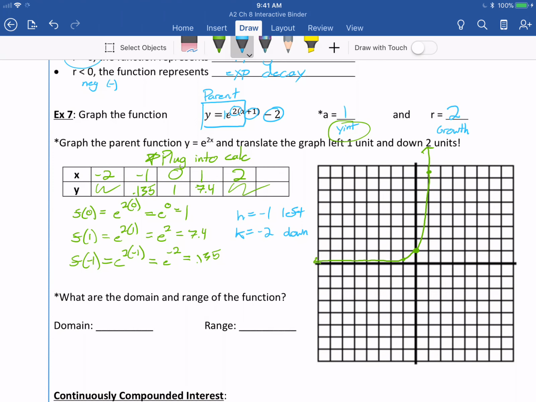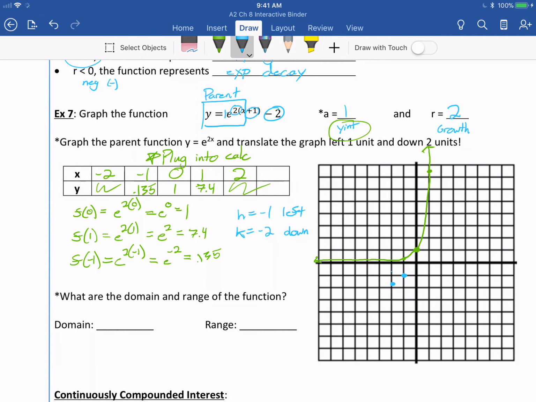Now I just take every point and move it left 1 and down 2. So do your best here. I've got to move left 1, down 2. So there's 1, there's 2. Left 1 down 2, that's going to be a nice point because that's on it. And left 1 down 2 is going to be somewhere in there. So now my graph